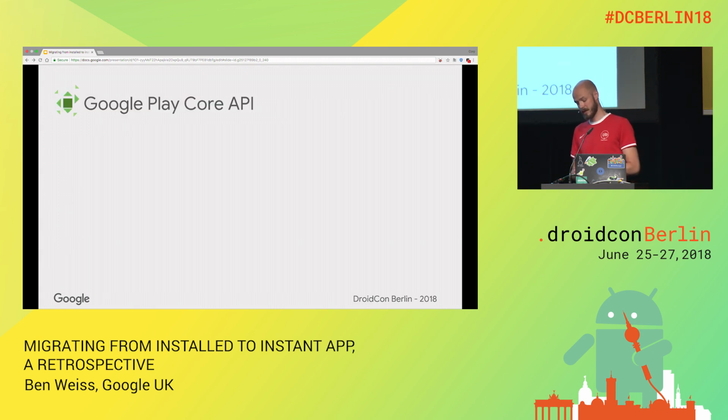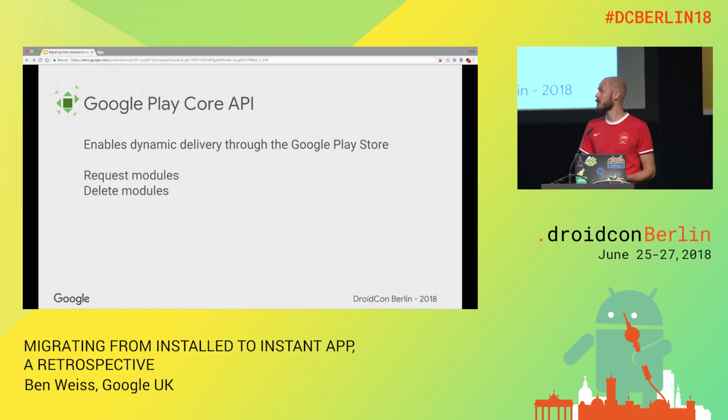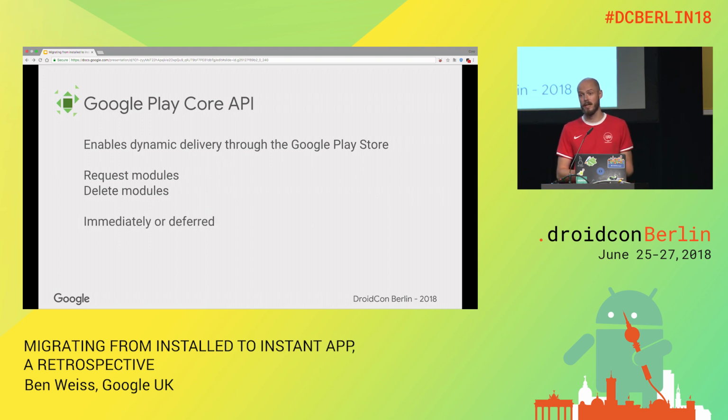I said earlier that you don't have to have URLs for instant apps to work anymore. That's the same logic and the same mechanism behind it that we use for dynamic delivery. That's the Google Play Core API. That's an API that enables you to get modules later on in your install cycle, so not at the first place. You can request modules and delete them, and you can do that immediately or deferred. So you can say, I want to download this now